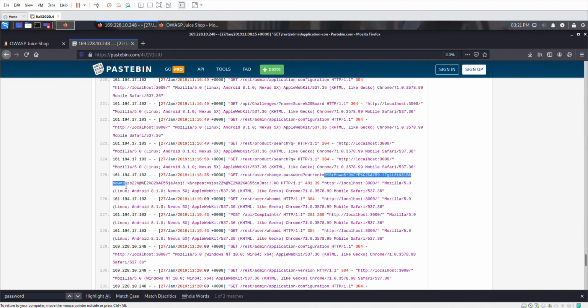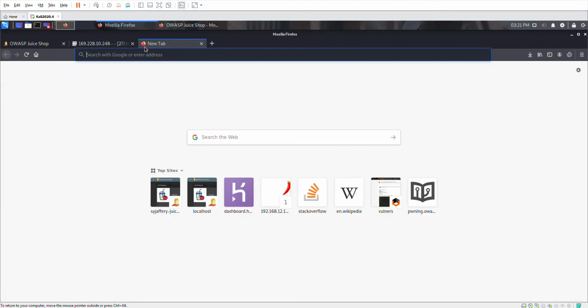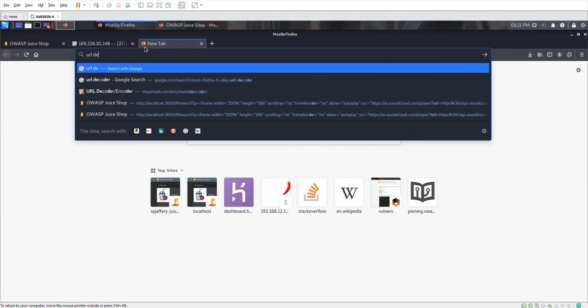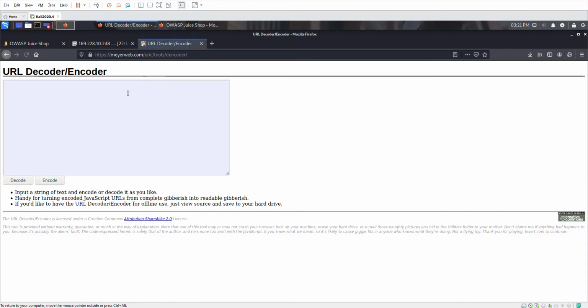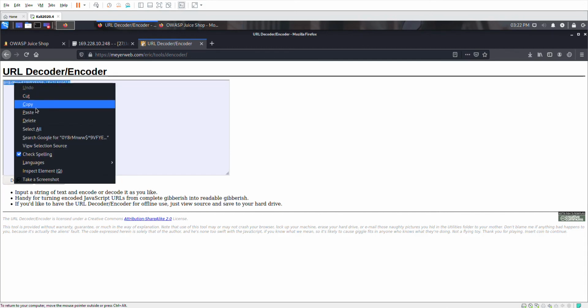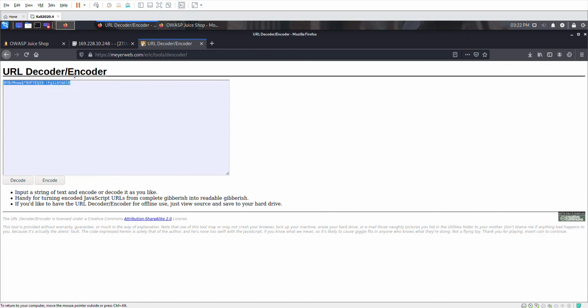So what I did here was copy the encoded password, and then I went to a URL decoder and pasted it. We want to decode it, and this is our original password. Voila. And then we copy that